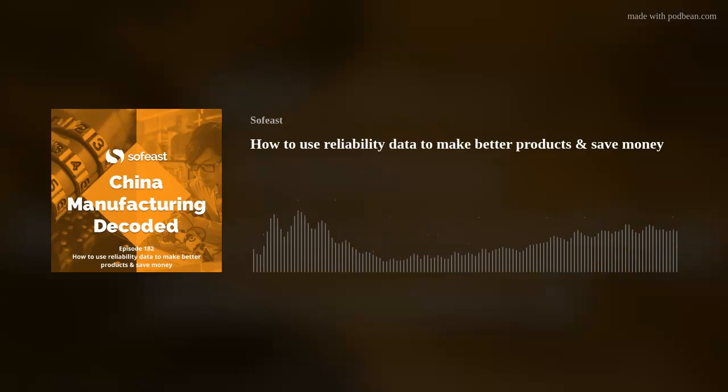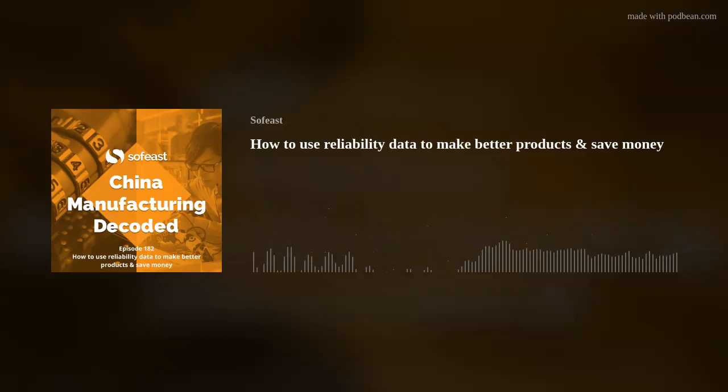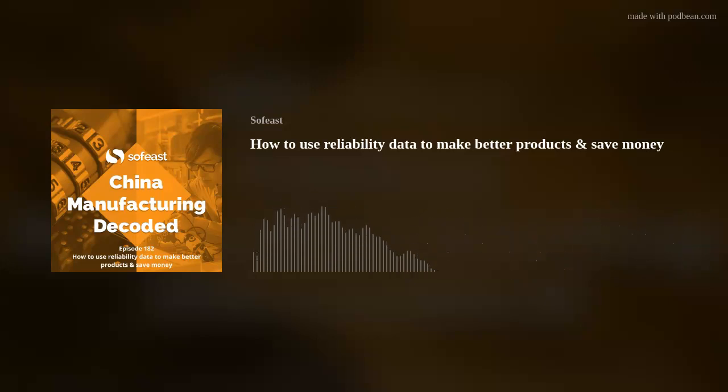Yeah, absolutely. I think if you have, for example, some kind of milestone system like EVT, DVT, and PVT, you probably have done at least four types of reliability tests. Maybe you've done engineering evaluation on some components. Maybe you've done initial reliability testing on your first proto, second proto, and third. And these data are extremely valuable for